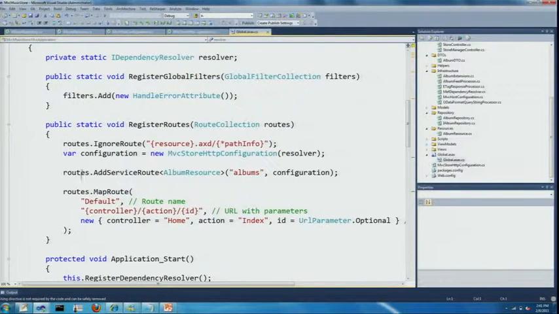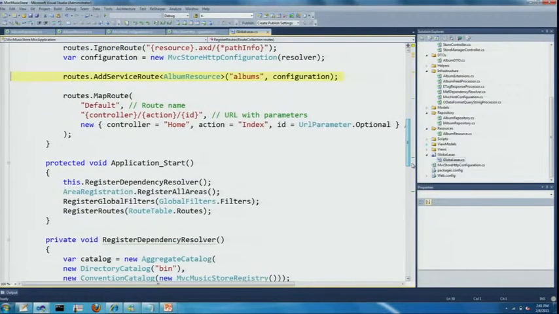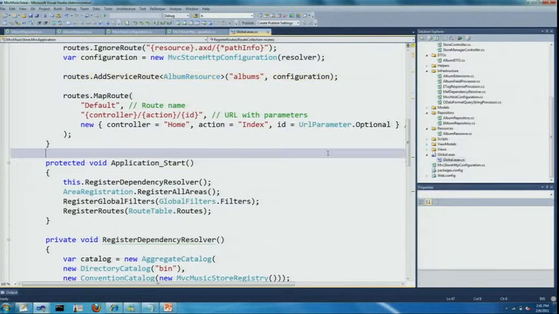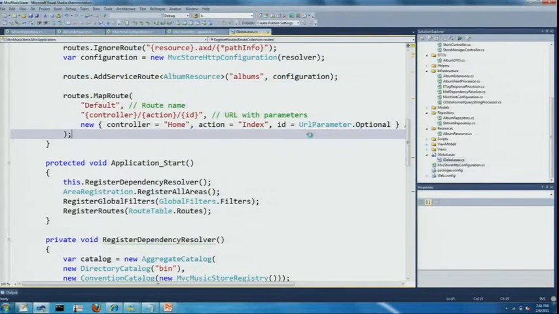So here you see that I have this route.AddServiceRoute, and I have an album resource, and I'm saying I'm going to hang this off at albums, and I'm passing it that configuration object. So let's run this and see what that will do for us.